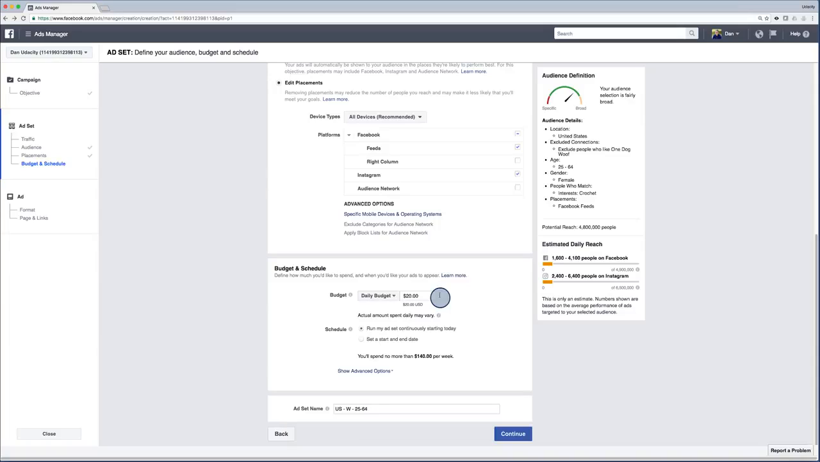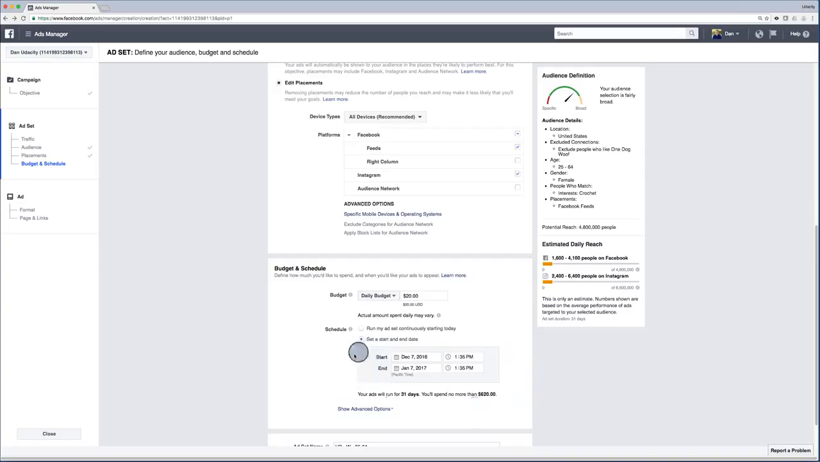If you select a daily budget, you can either run your ad continuously, starting today until you manually stop it, or you set a start and an end date here. Facebook will summarize the maximum amount of money spent over the whole duration, in this case a whole month of 31 days, here, $620. But even if you schedule a campaign, you can still change the schedule or stop the campaign anytime in the